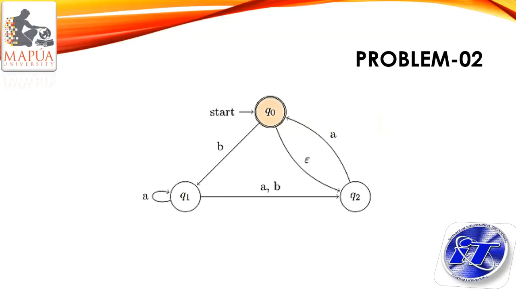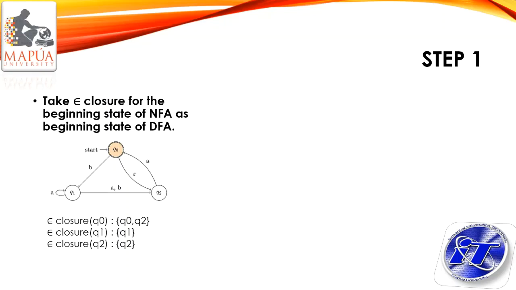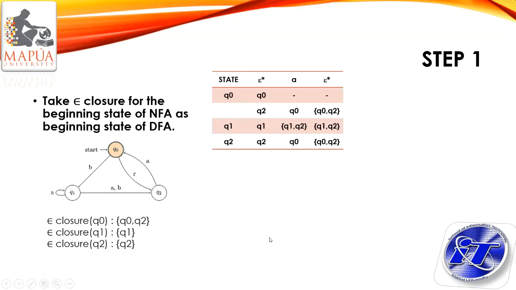So we have Q1, Q0, Q2. Q2 is the final and the initial state, and the alphabet is A, B. So the epsilon closure for Q0 is Q0 itself and Q2, while for Q1 it is just Q1, and for Q2 it is just Q2. So the epsilon closure of Q0 is Q0 and Q2, at A,